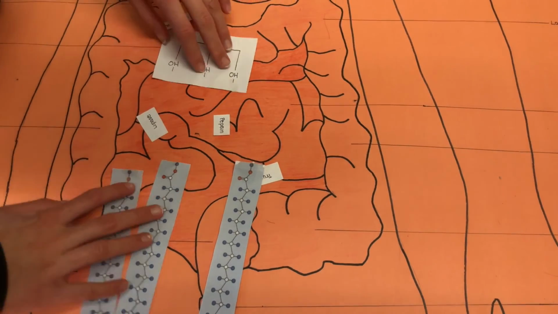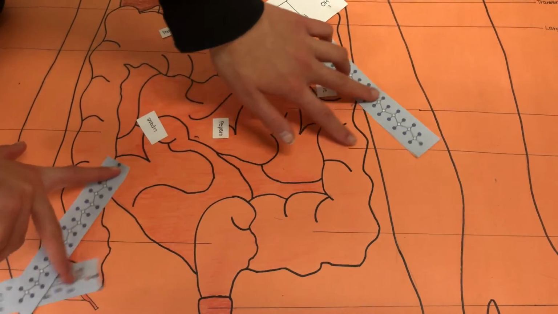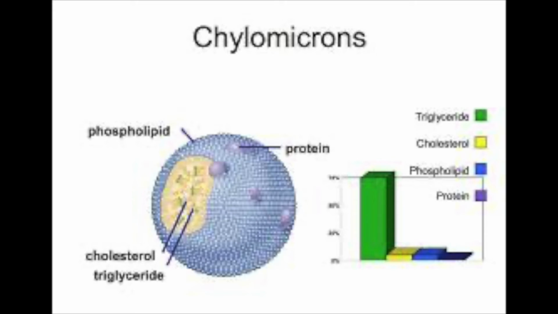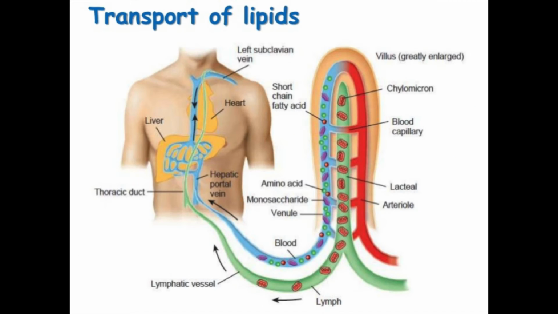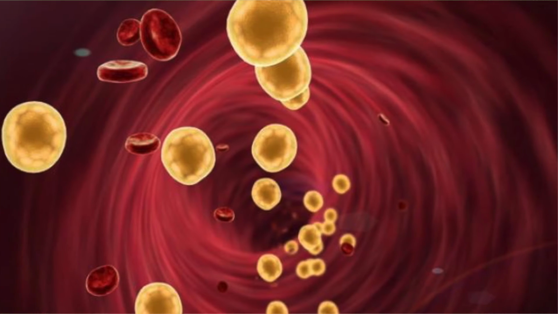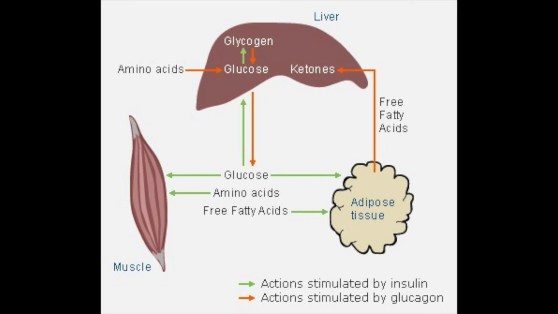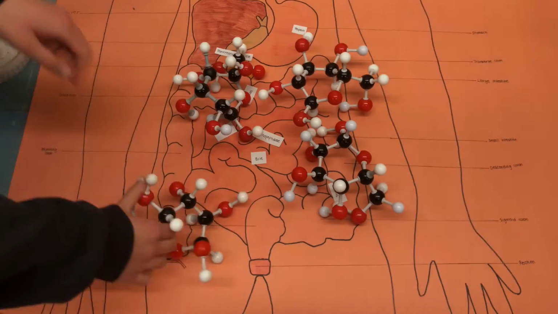From there, the intestinal cells absorb the fats, and long-chain fatty acids form a large lipoprotein called chylomicron that transports fats through the lymphatic system. Eventually, they will enter the blood where they will be delivered to the liver, fat tissue, muscle tissue, and other tissues, or they can be stored or used by cells.